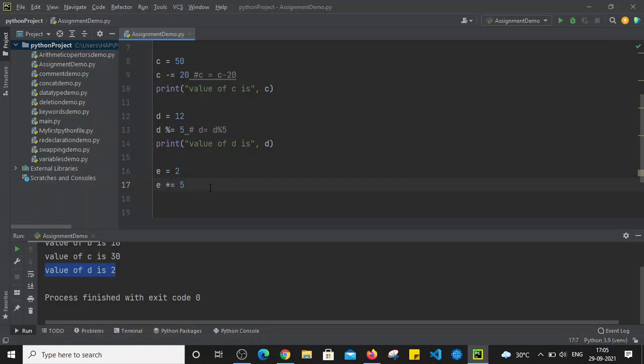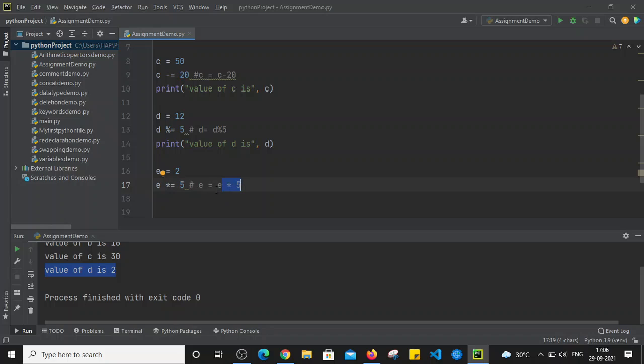This operation is similar to e equals e multiplied by 5. It will perform the multiplication between the right hand side and left side operand and assign the result to the left side operand. So the value of e will become e multiplied by 5.